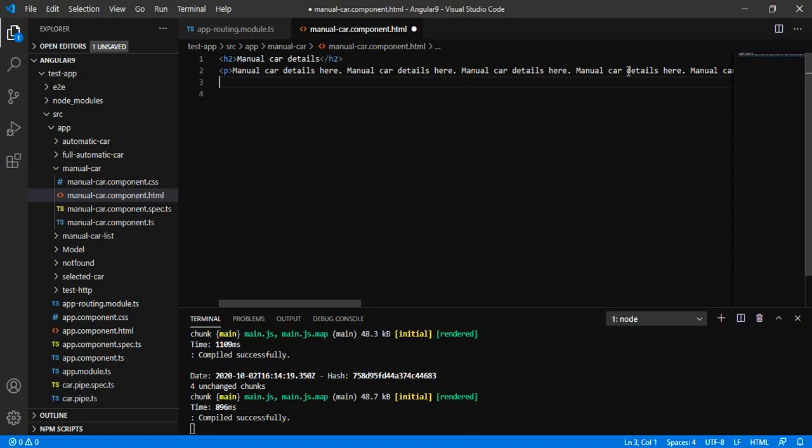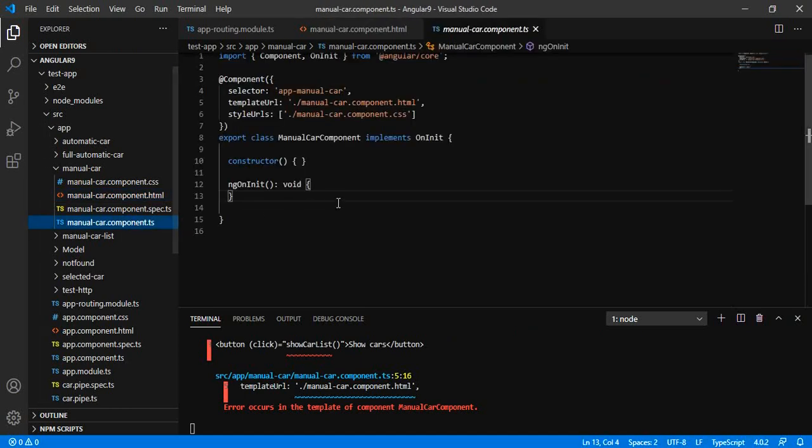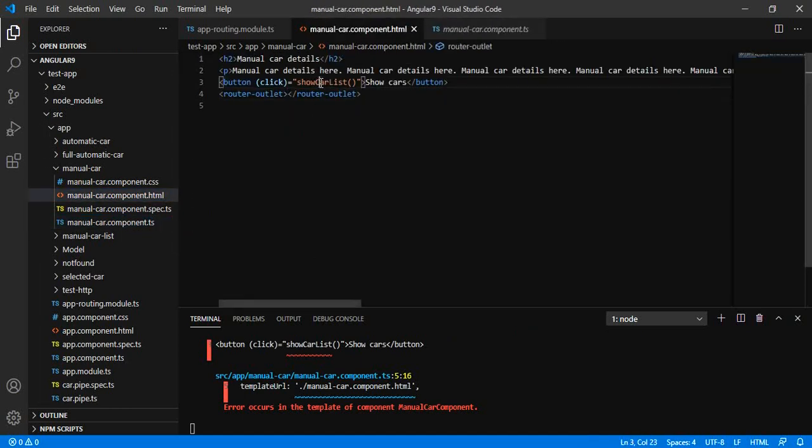Let me add a button. Let us say show car list, and this will display on the router outlet. We need to have this particular method here.